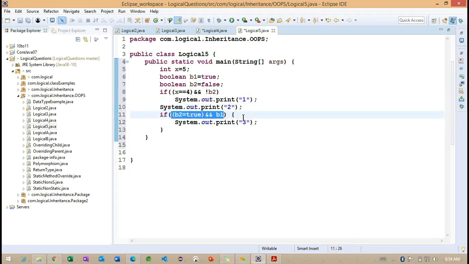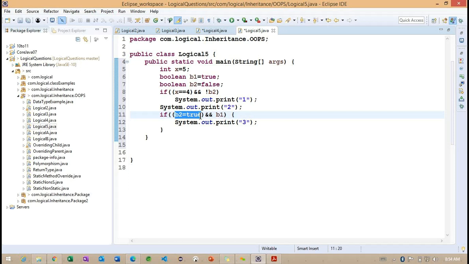So what are we doing here? Which is the condition here? We only have the condition B1. Basically here we are initializing the value B2 as true, right? Later we have the condition B1, so this is true, and again we are checking with B1.